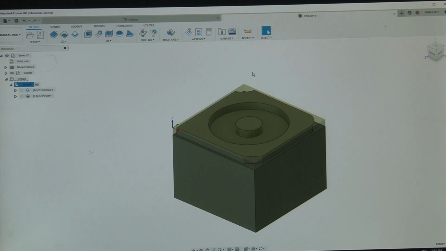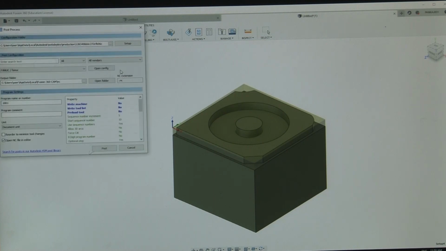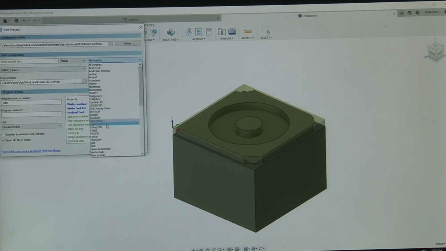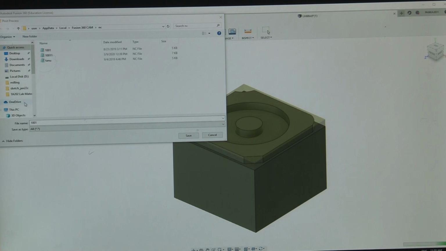Now we generate the codes. Depending on the surfaces that have been generated, the NC code will be made by this program, so that it can be executed in the machine. This is the program number, and we will post it. We will save that program in a folder, in a file, and it can be called, and we can see this program.